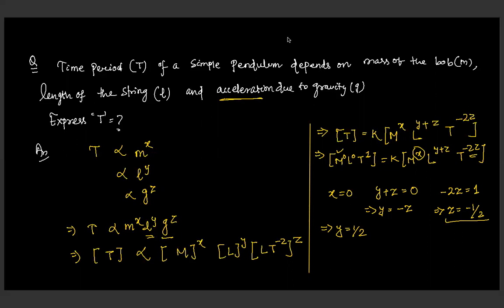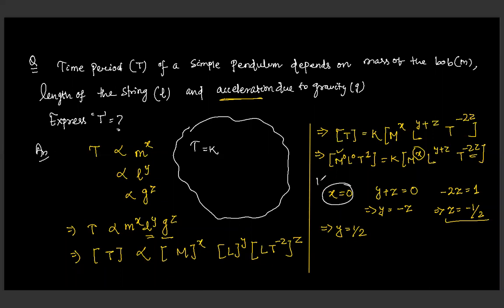So now let us bring the relationship here. I'm going to put it in a box over here, in a different pen. The time period can be written as any constant k, and this constant is usually an experimental value. I will tell you its value. It is directly proportional to m to the power 0. Now it is independent of the mass. If x is equal to 0, it is independent of mass. That means mass will not appear in the expression. Independent of mass, it is equal to k.